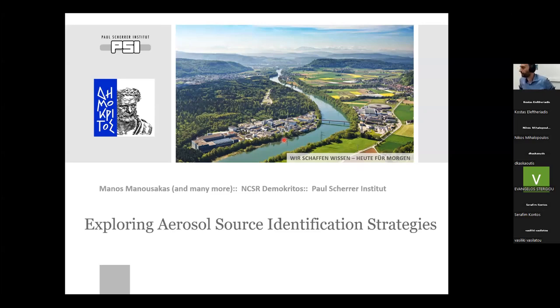Great. So in the presentation, I'm going to try to cover the entire spectrum. I'm going to talk initially about some very basic stuff about source apportionment using receptor models, but not for too long. Then I'm going to discuss some techniques we implemented for online data source apportionment at PSI, then present a new solver that in the future maybe can be used, and then some other studies and the connection of source apportionment to health related metrics. So without further ado, let's start.